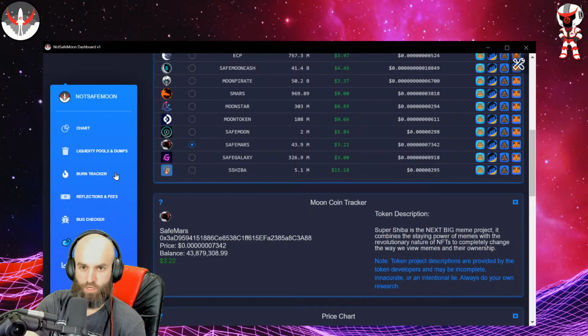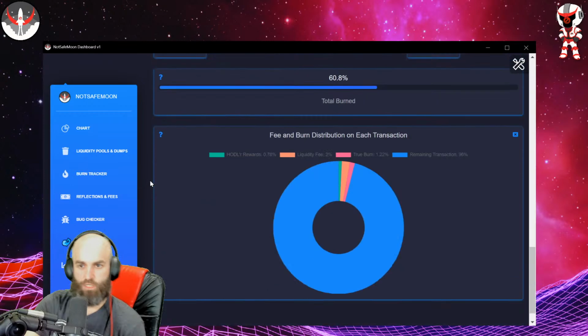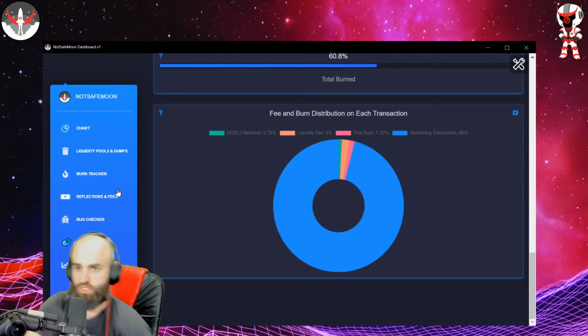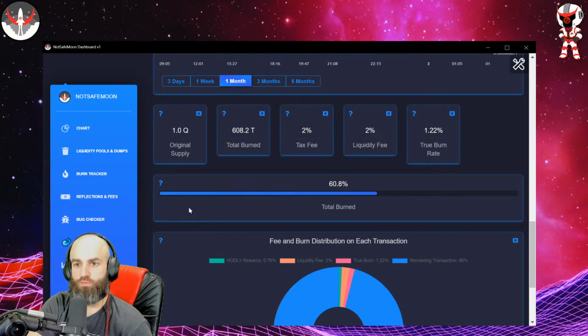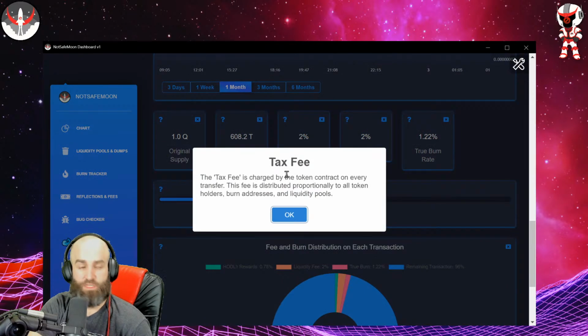Let's go over to the burn tracker. So this is going to give you a breakdown of each transaction and what's actually happening on each transaction. So for this token, they have a 2% tax fee, a 2% liquidity fee, and the tax fee is the fee that gets charged that goes to the holders. So out of that 2%,